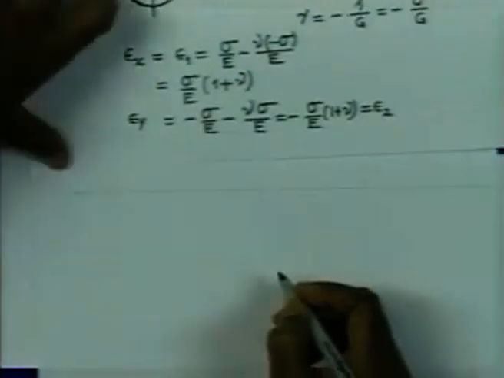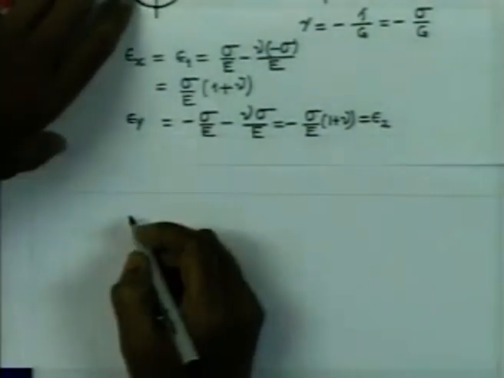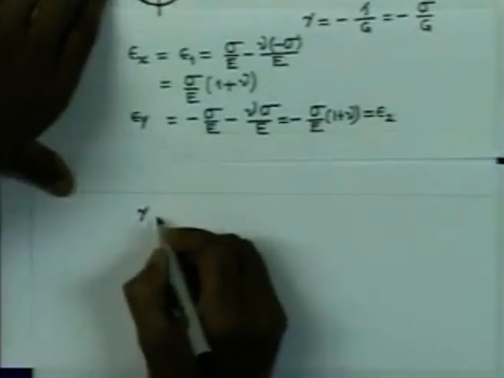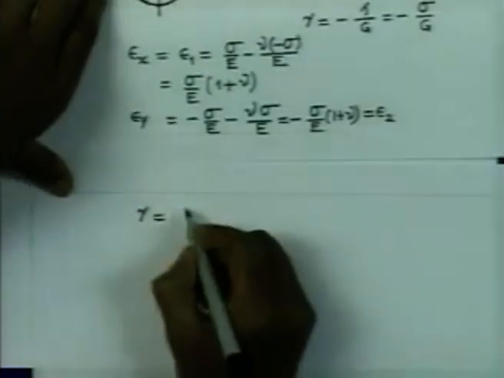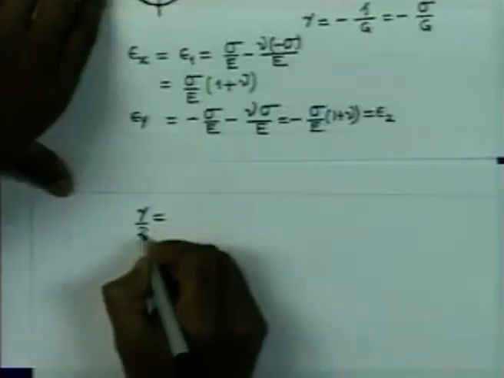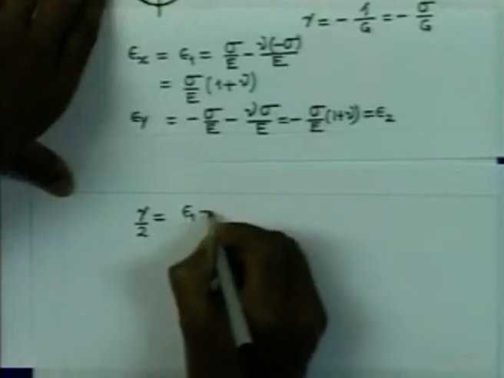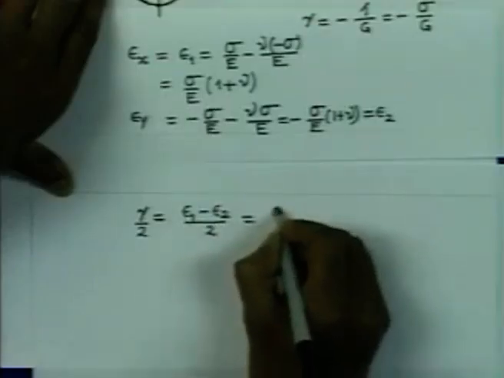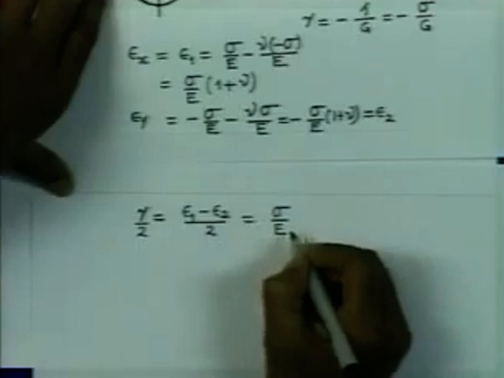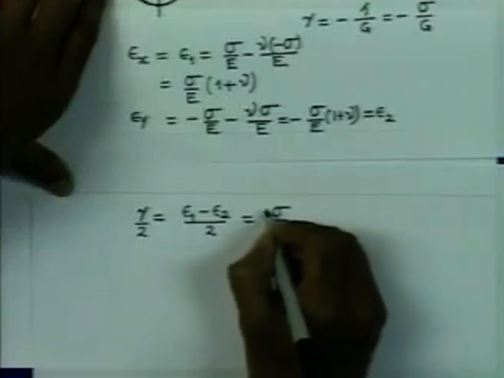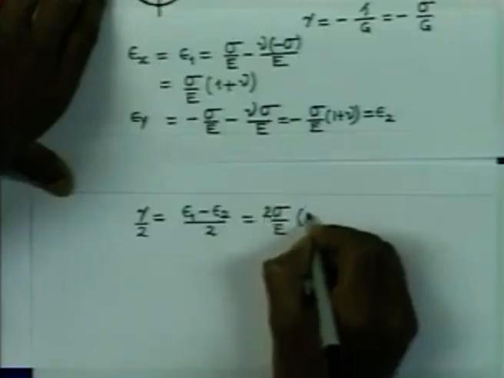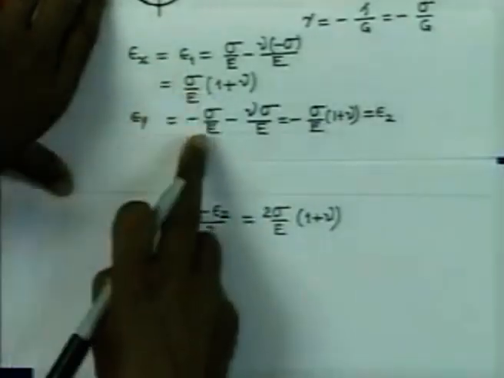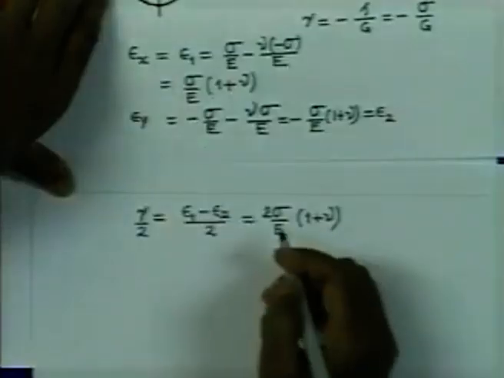So, therefore, now if we consider the maximum shear strain, gamma by 2 is equal to (epsilon 1 minus epsilon 2) by 2, and this is sigma by E times 2 times sigma by E into (1 plus nu), because epsilon 1 is this, epsilon 2 is this, therefore, this gives us this value, and